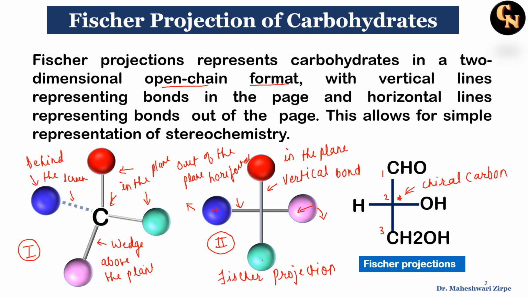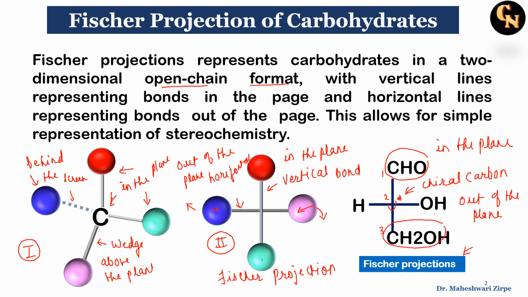So at the chiral carbon, we can show the Fischer projection, where the first carbon, second carbon and third carbon are shown along with the groups. This group, then the third carbon chain group and the center one are all in the plane, whereas your OH group and H along with the bonds will be out of the plane. So this projection is your Fischer projection for the